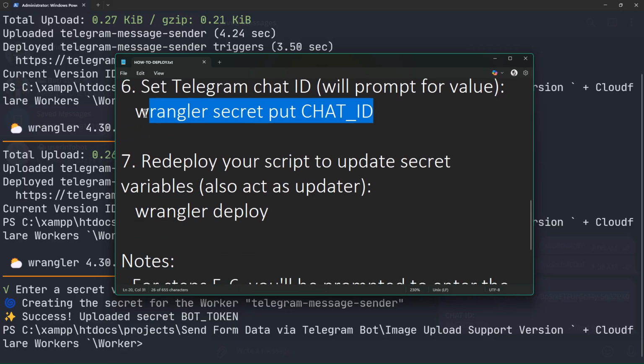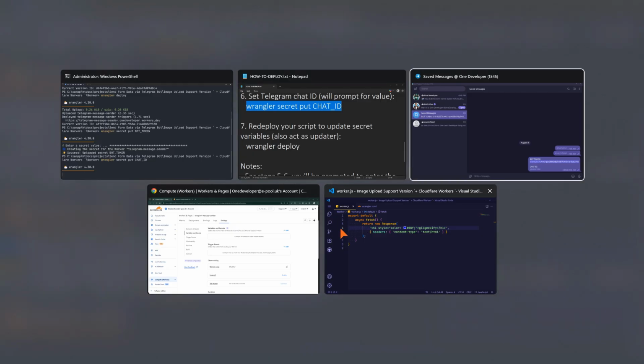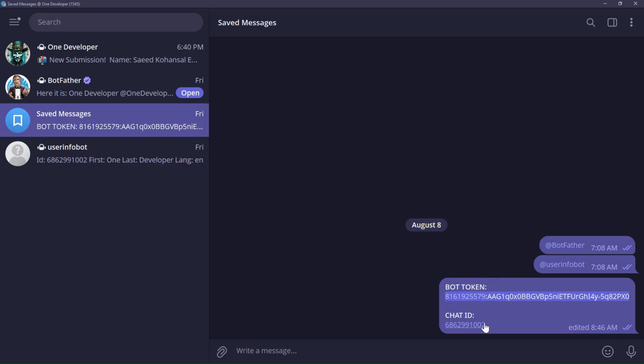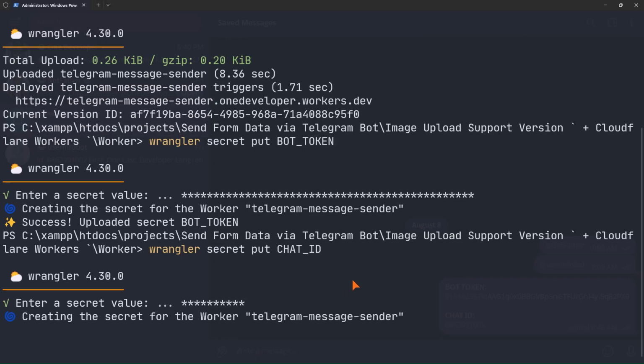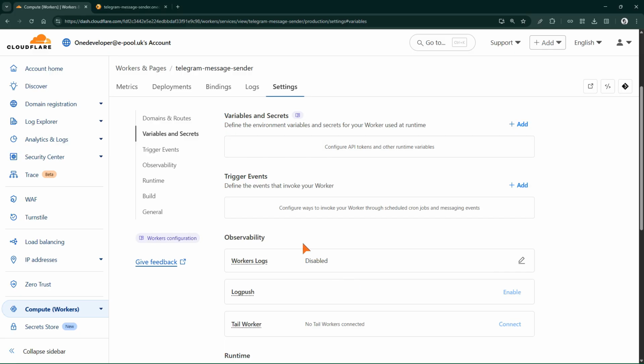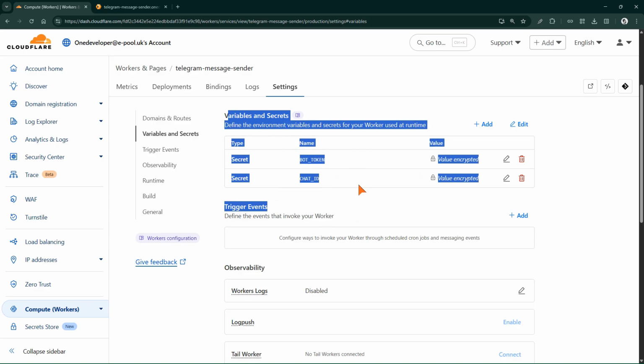Now I'll create the second variable, chat ID, in the same way. Alright, as you saw the environment variables loaded by themselves in this section, they didn't even give me a chance